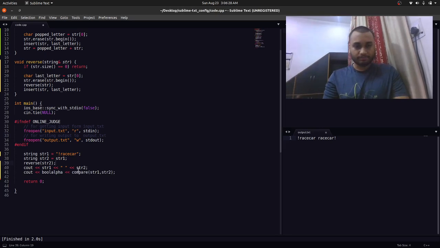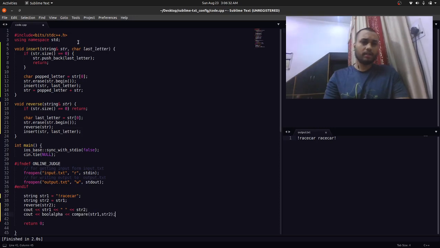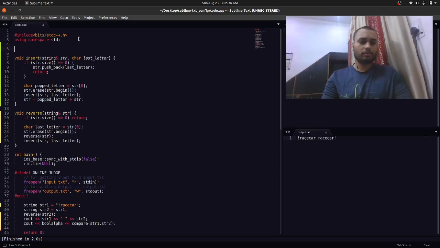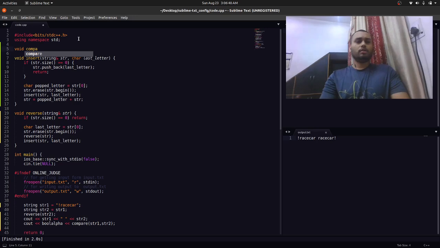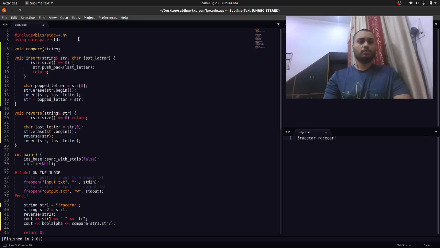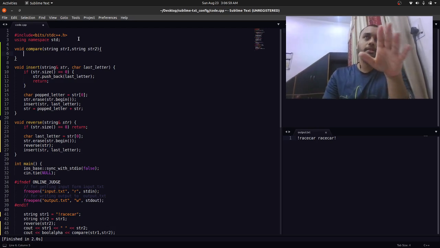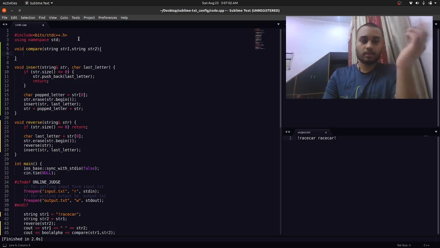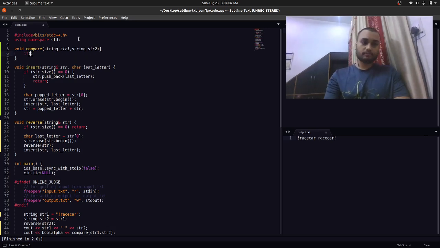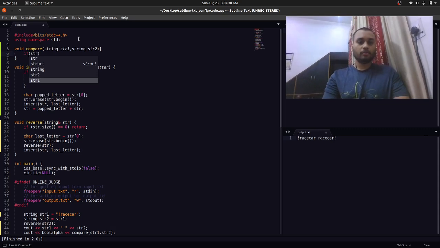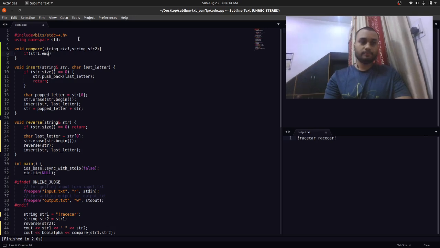Now we want to write this compare function, and this compare function is very simple. We want to return bool. It will take two strings, string str1 and string str2. Now there are a bunch of statements that we have to think of. The first obvious statement that comes to my mind is that if the str1 is empty, and if str2 is also empty,